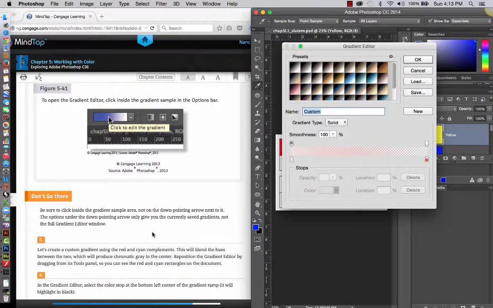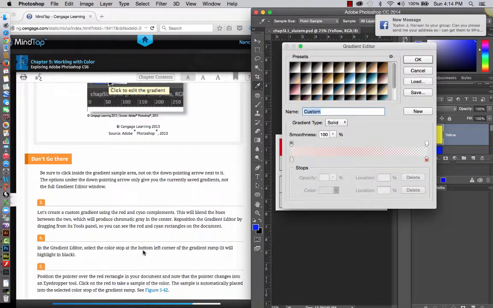And you have to make sure that you click inside the gradient sample area, not on the down pointing arrow next to it, which is a little bit confusing because that's typically how you access the options. But the down pointing arrow only gives you the currently saved gradients, not the full gradient window. So we're going to create a custom gradient